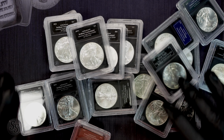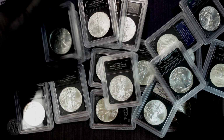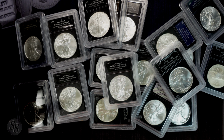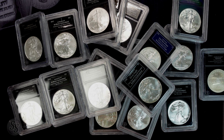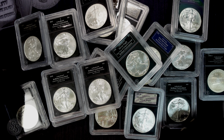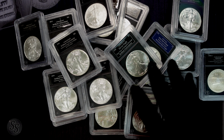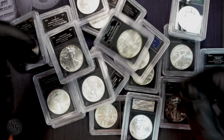So these are recent, like this person got this collection recently, and they certainly paid quite a bit of money for them. I don't know if they paid $120 a month or $40 a month, and it took them forever to get them. But either way, they paid a lot. And this has been done before by the Bradford Exchange with Morgans, with Peace dollars, and a bunch of other US coins as well. So, I mean, things like this, you guys know better. Like, I'm not talking to any of you that don't know any better. Stay away from stuff like this. It's really not worth buying. And other than that, if you see them out in the wild, at a thrift shop or at a coin store selling for cheap, then sure, pick them up. At least this slab is a piece of plastic that protects the coin, but it certainly doesn't